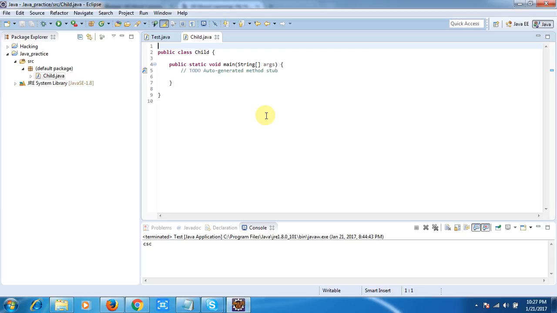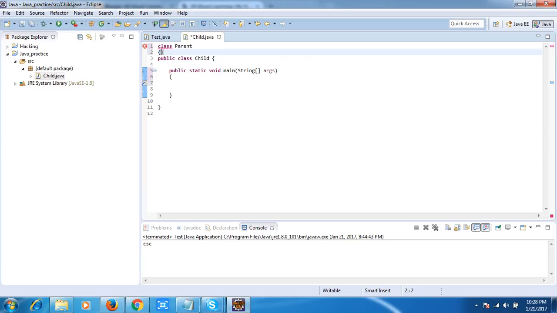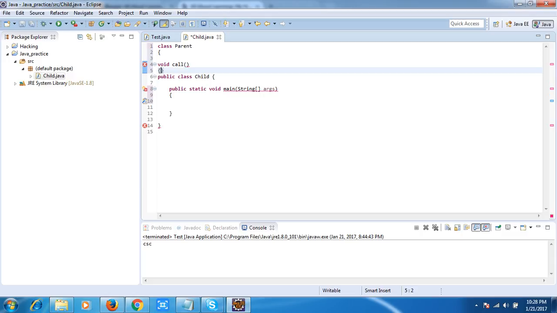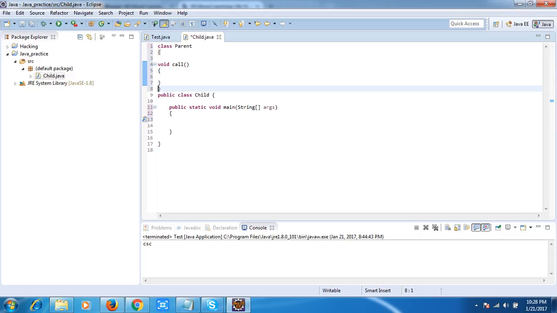Now first of all, suppose I have a class called parent, and inside this class I have a method which will not return anything, the name of the method is call, and the method body will just print out: I am in parent.